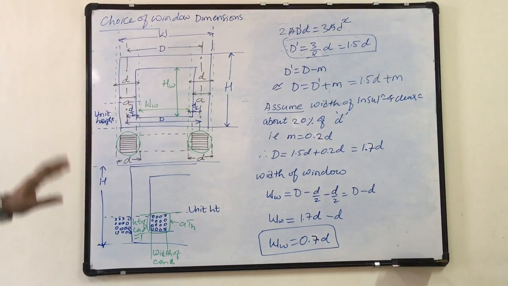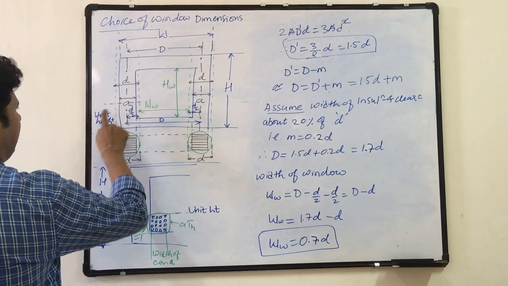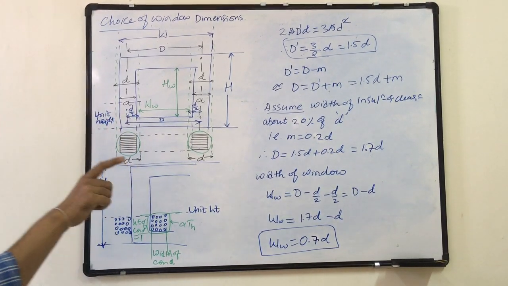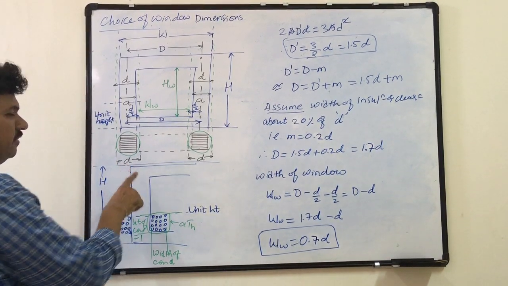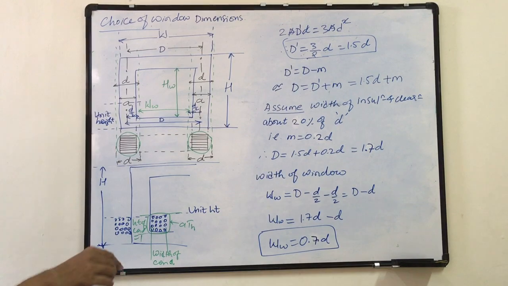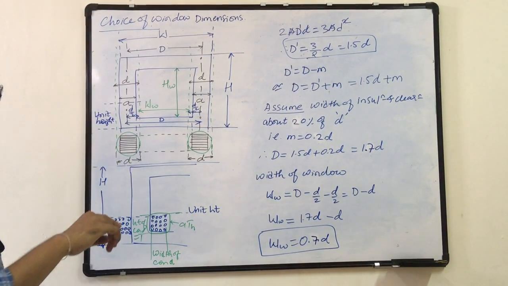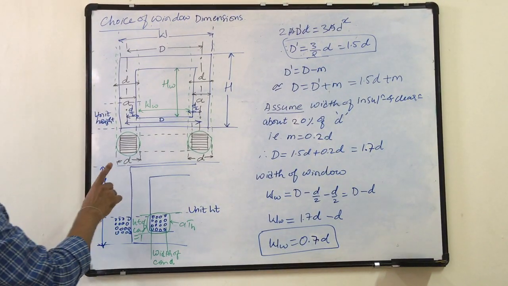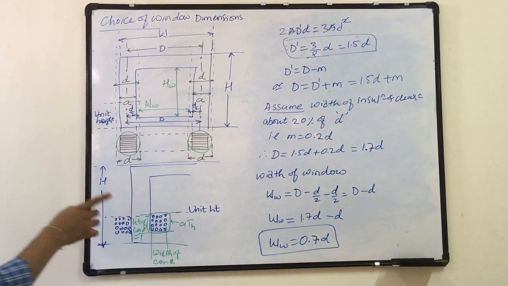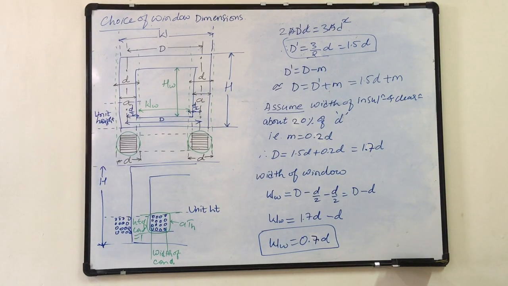Now I got all the dimensions. Now I know what is d. I know what is A. I can get A from this d. I can get this d from AI. That is one thing. I can get HW and WW from KW and the area of window. Then I should now find the main dimensions or the overall dimensions of the transformer. So overall dimension of the transformer,